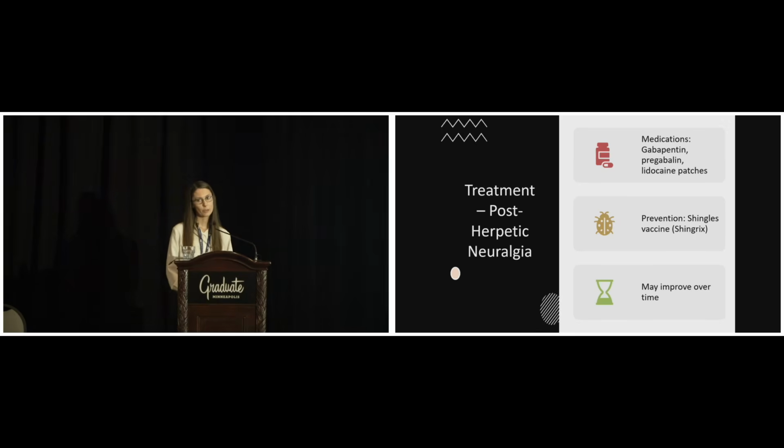Medications, we think about neuropathic pain medicines, so gabapentin, pregabalin. Some people use topical treatments like creams or lidocaine if that's practical. And this can get better over time. So like I said, it can go on for months or years, and I think it's worth treating if someone's having it go on for a long time, but this can get better.